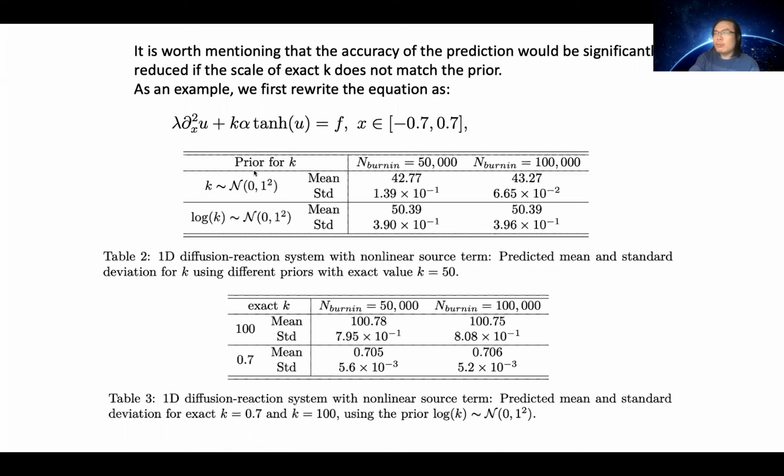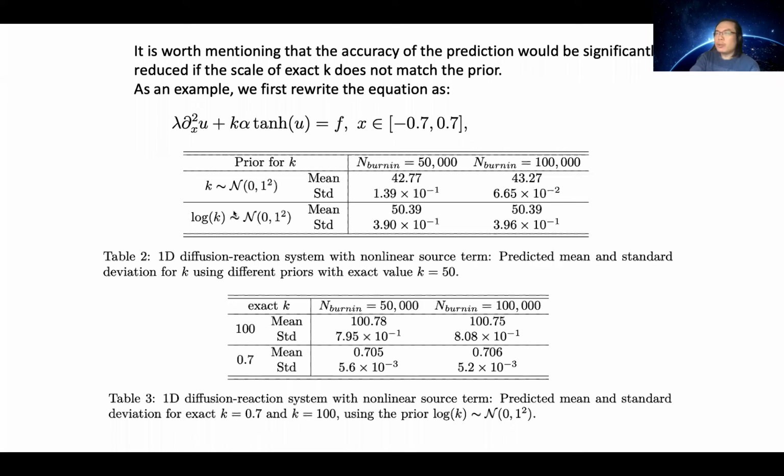Okay. Then we compare two kinds of priors. The first prior is still as usual, standard normal. But as we can see, this burn-in is just the steps in the HMC. Here I show that it just means that okay, we have converged. But even though we have converged, we see that the mean is far away from the ground truth, which is 50, and the standard deviation is actually pretty small. It didn't cover the area at all, which means this is bad because it is a bad prior.